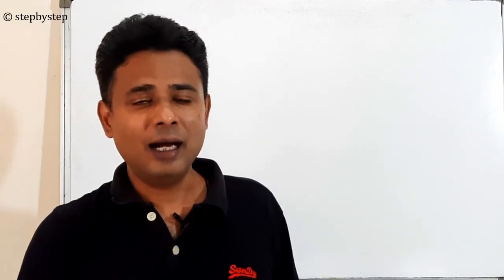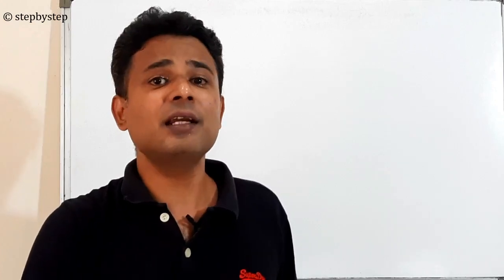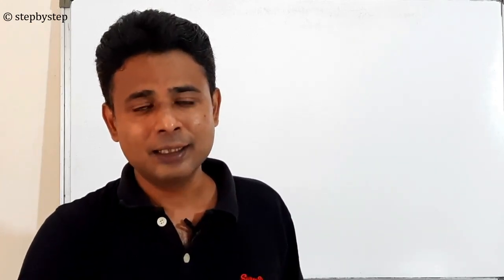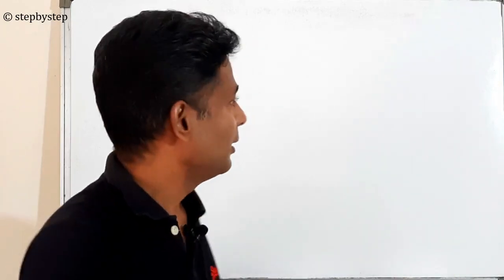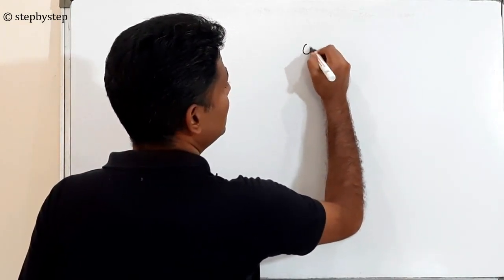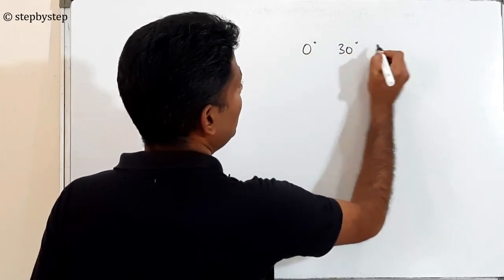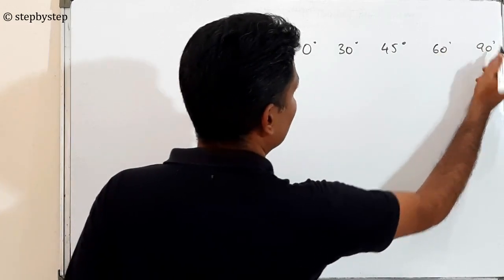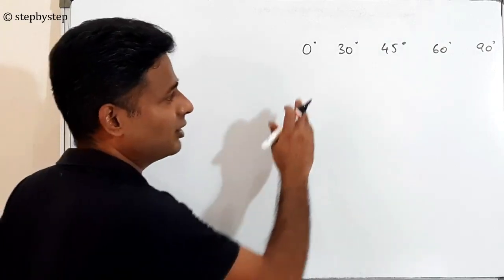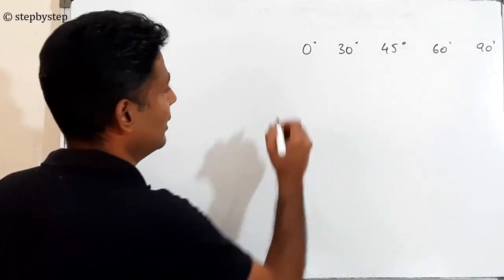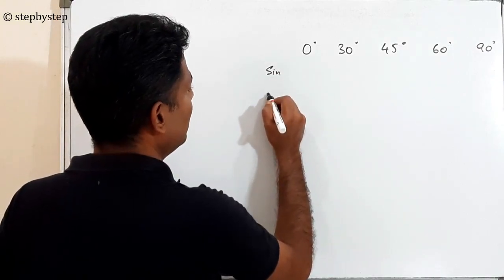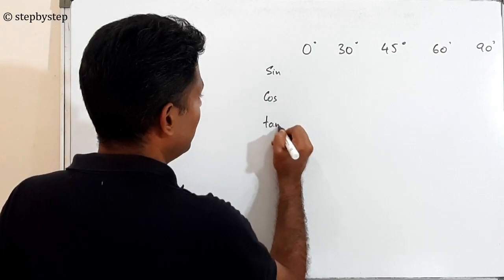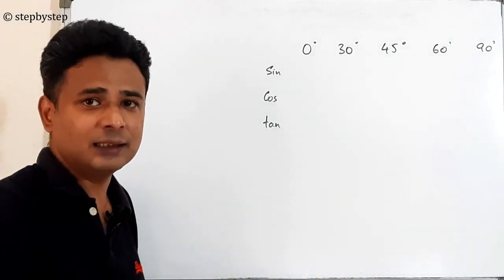Okay guys, in this module we'll learn about trigonometric special angles. Now this is not a big deal. As you know, sine, cos, tan are just ratios of particular sides. What do we mean by special angles? Basically the special angles are 0 degree, 30 degree, 45 degree, 60 degree and 90 degree. Why? Because these are the most commonly occurring angles. And we have to find the value of sine, cos, tan and the reciprocals in this module.